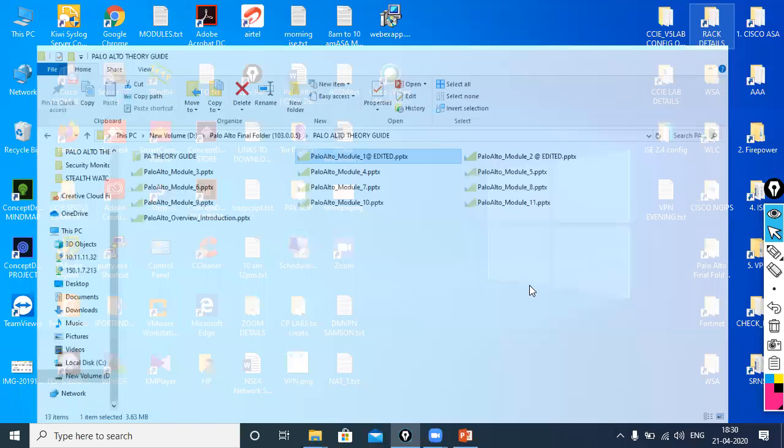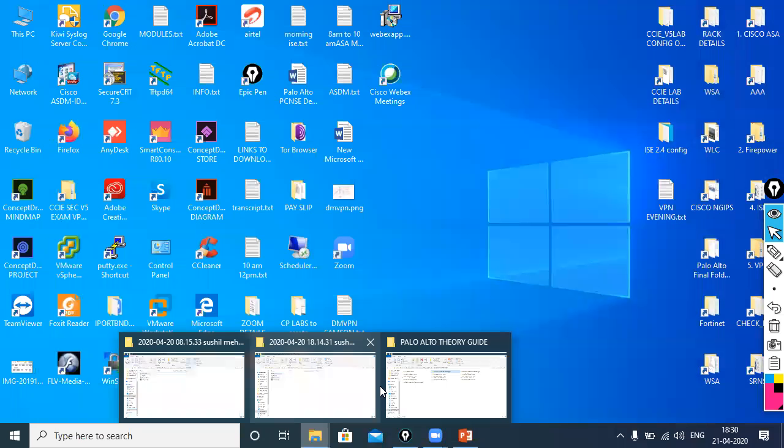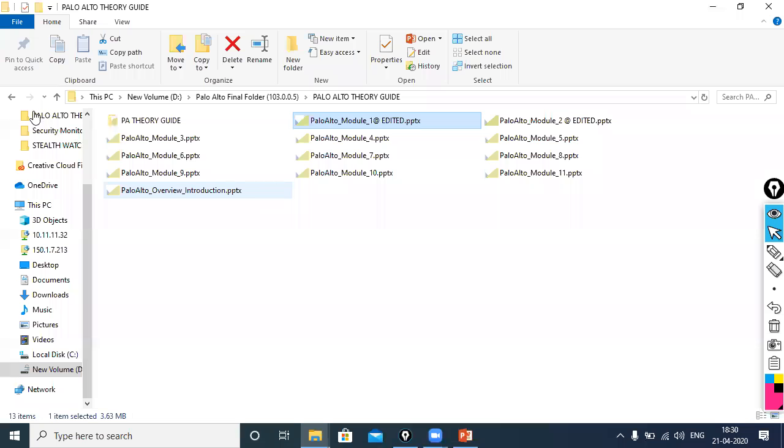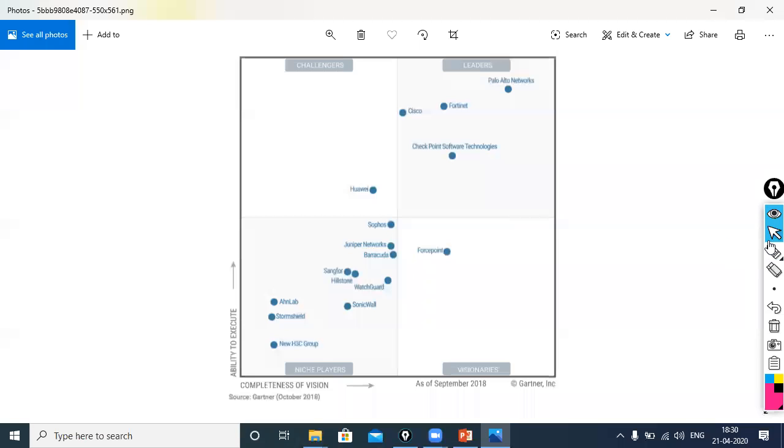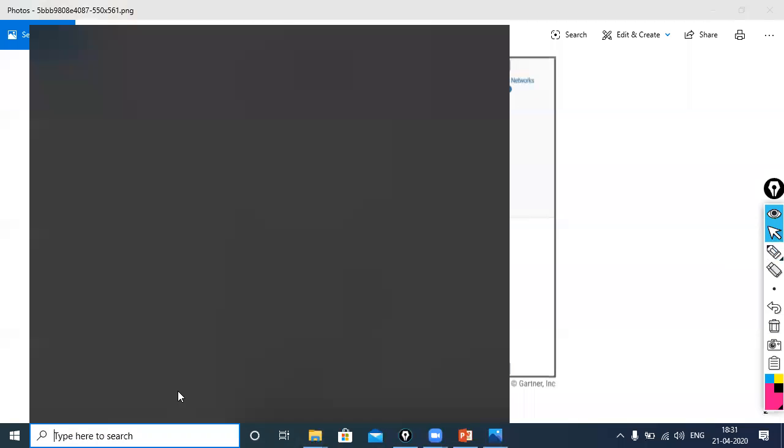you guys can go to the Gartner Magic's website and see all the reports, and after registration you can receive all the reports to your email ID. This is 2018 September. Palo Alto at the top, Fortinet second, third Cisco, and fourth Checkpoint. And this pattern is going on. If you guys Google it also,